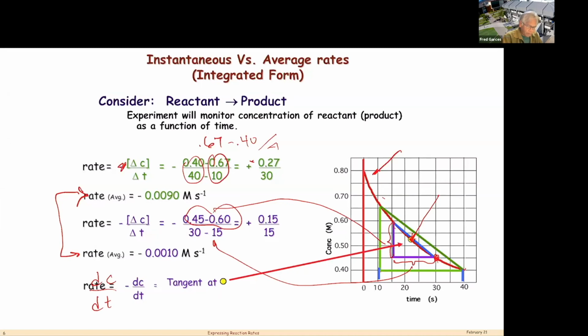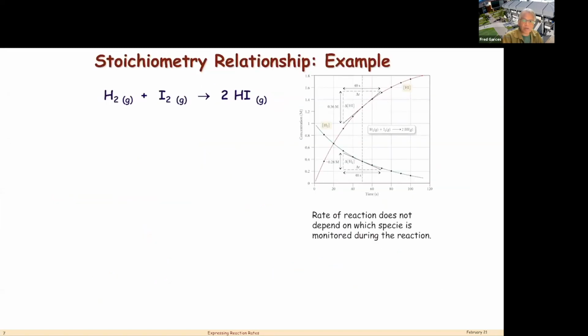So let's move on, because that's how you calculate the speed of the reaction if you have a graphic form. So let's take a look at a specific reaction. This is the reaction of hydrogen plus iodine goes to hydrogen iodide, 2HI. And you can see that it takes one hydrogen and one iodine to form 2HI. And so what you can see is that this is disappearing. So that's a negative